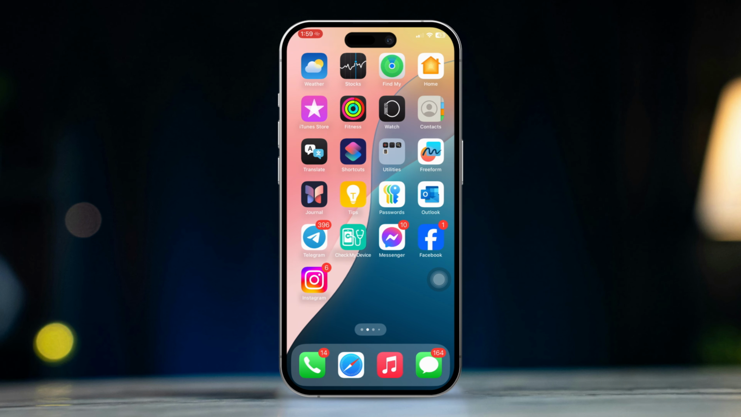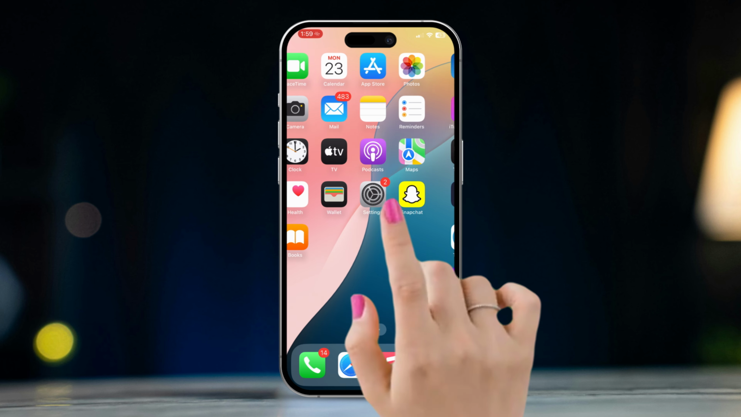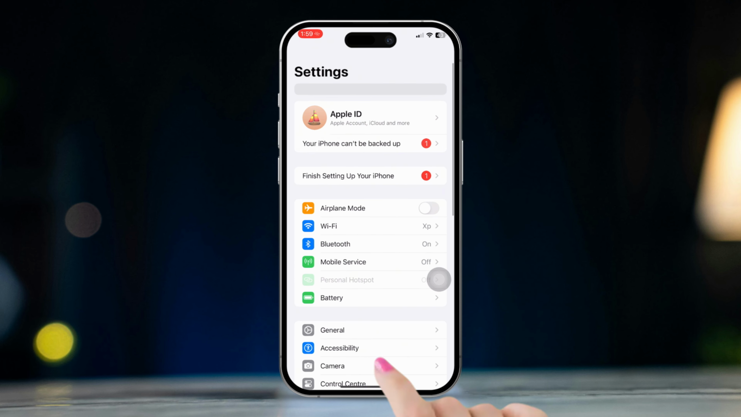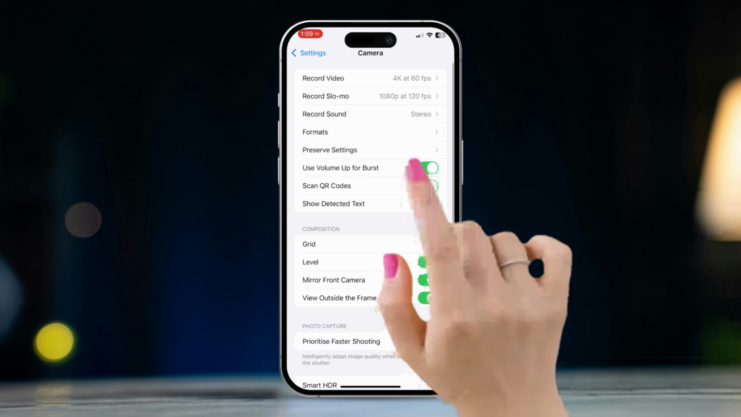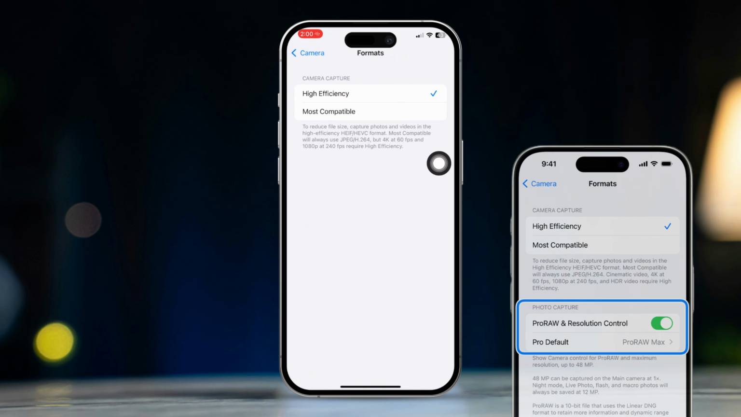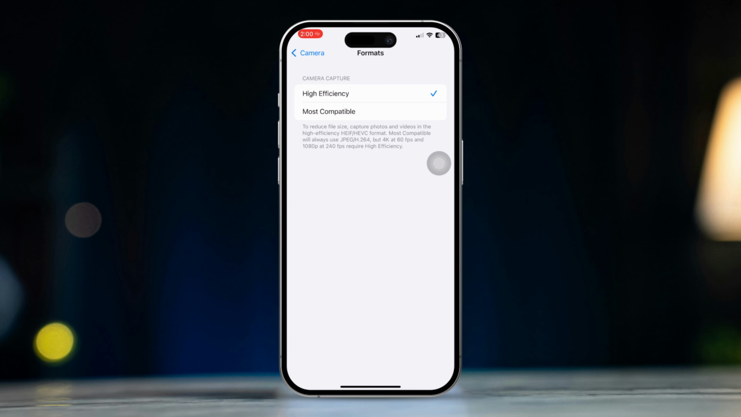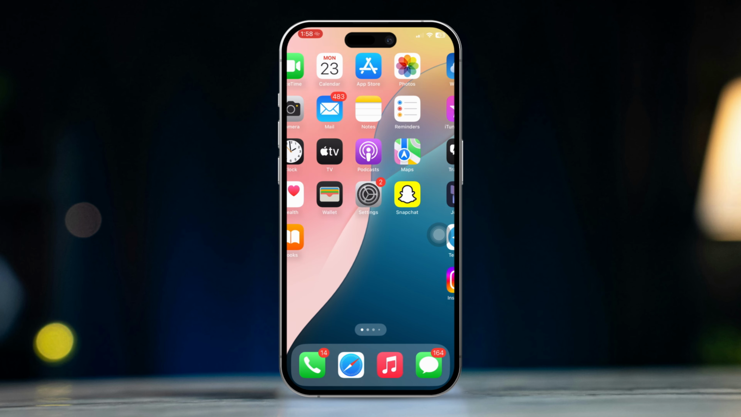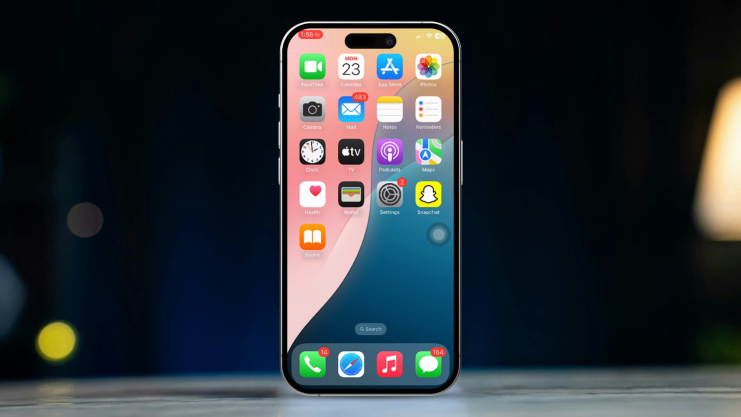Solution 3. Enable RAW images. Open Settings, scroll down, tap Camera, tap Formats. Enable Apple ProRAW for images. Now restart your iPhone. By following these steps, you can easily turn off auto enhance in your iPhone photos and